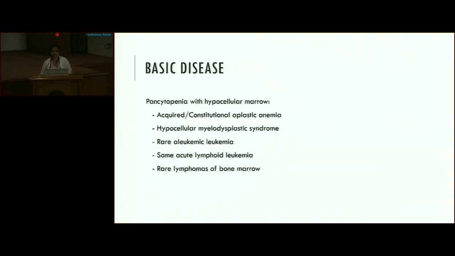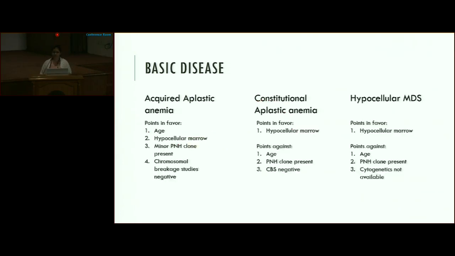So now we have a 32-year-old female who presents to us with pancytopenia and hypocellular marrow. These are the broad differentials for such a condition, and the last three are quite rare. So the first three causes, that is acquired versus constitutional aplastic anemia and hypocellular myelodysplastic syndrome, remain high on the cards. Now, all three of them can present with a hypocellular marrow, but the points which favor an acquired cause